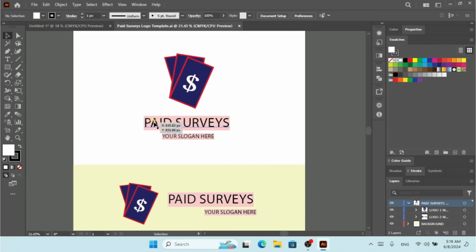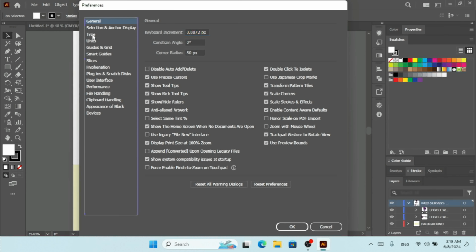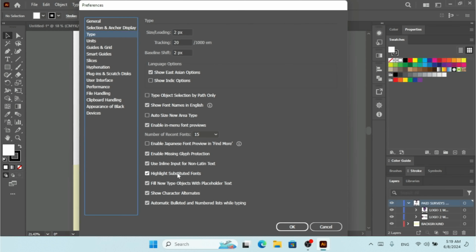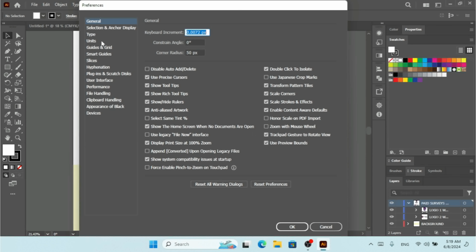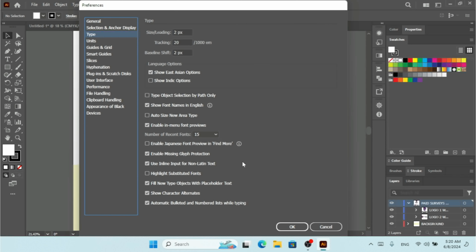As you can see, the font is missing here. So let me go to this type menu and I'm going to uncheck this option and click on OK. Now I can see the highlight for missing fonts in this logo template. So you should always turn on this option. You don't have to